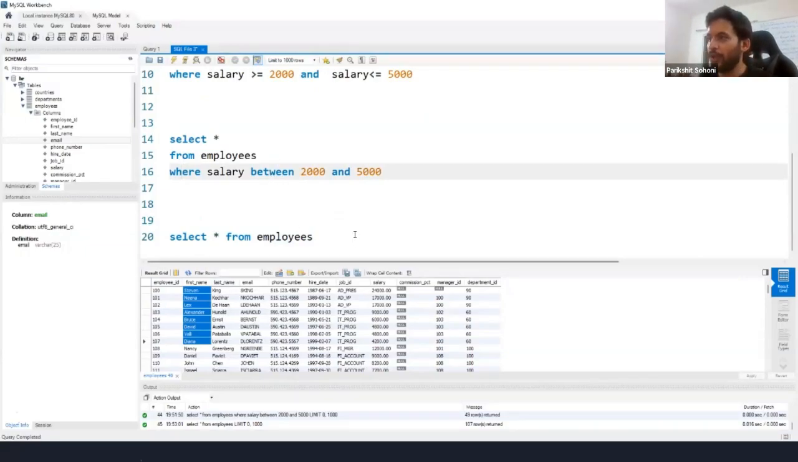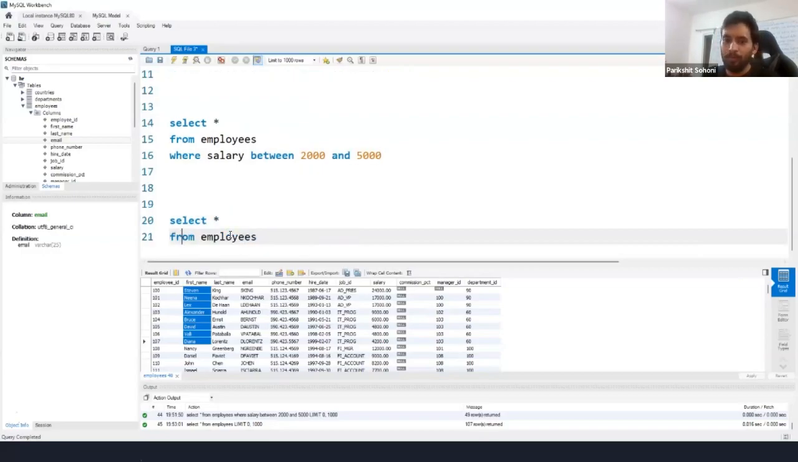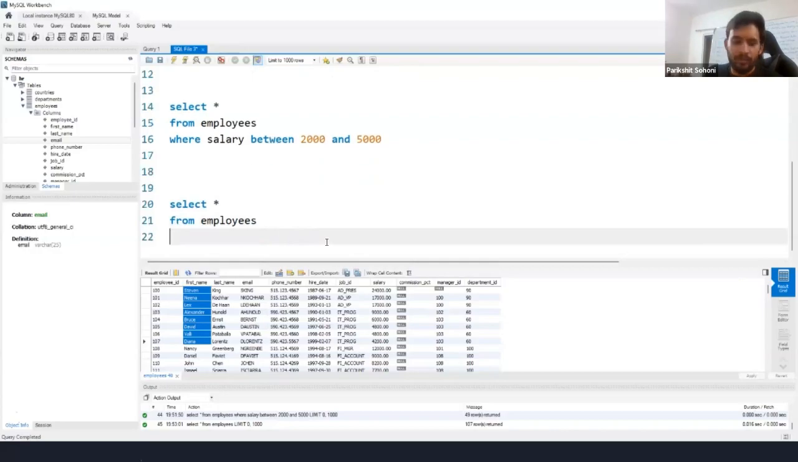So in that case, what I'm going to do is select star from employees. I'm just going to give it a proper indentation. I'm going to use the LIKE command. So in this case, from employees where first name